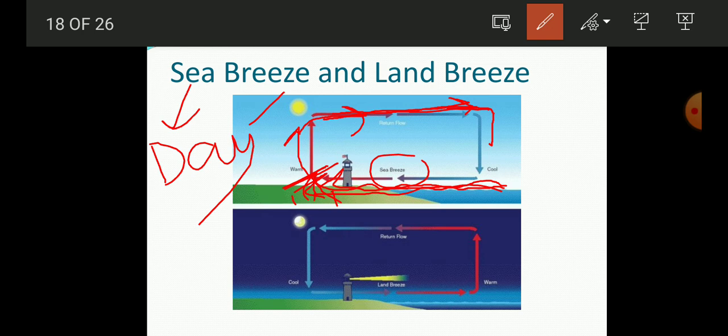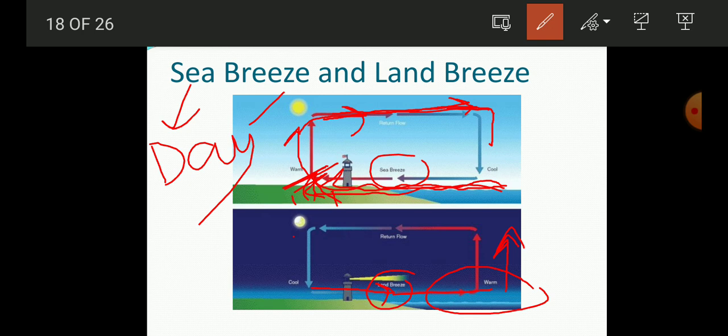Okay, and this second condition will happen at night time, when the land breeze is blowing. In this case the air from the land is moving toward the sea, because at night time the air above the sea is warmer, because the water takes time to cool. That is why at night time the air above the water is warm, and this air rises